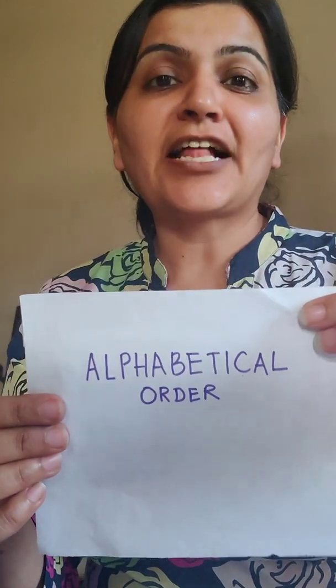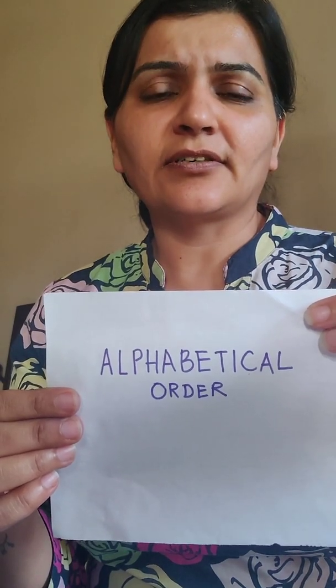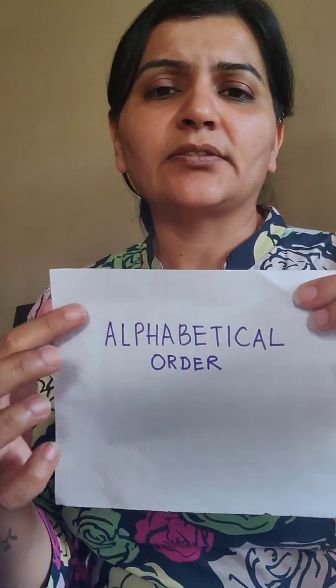Can you guess the topic to be? Can you guess, children? It is alphabetical order. Yes. So, what are alphabets? I'm sure you know what alphabets are. And what is order? Alphabets are the set of letters we use to make words with, and order is the sequence these letters occur in. So in the English alphabet we have 26 letters, and after A we have B and then C, followed by D, E, F, and onwards.